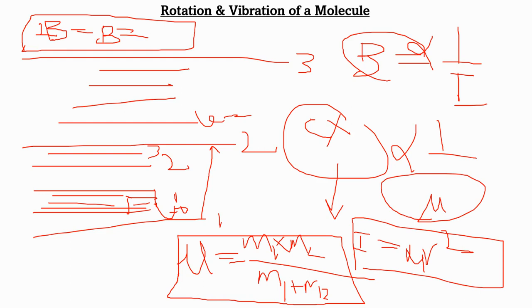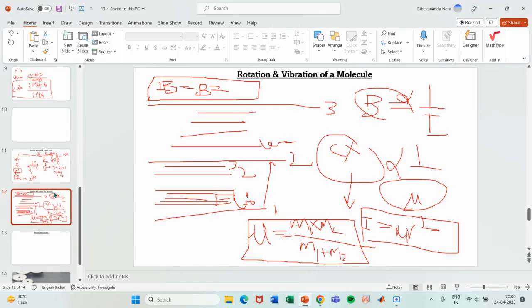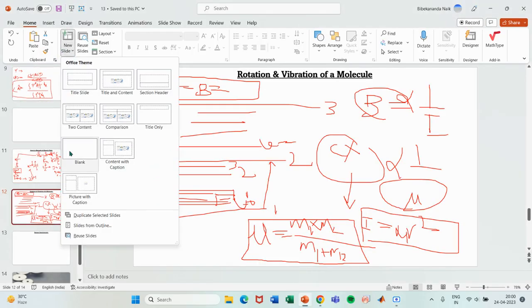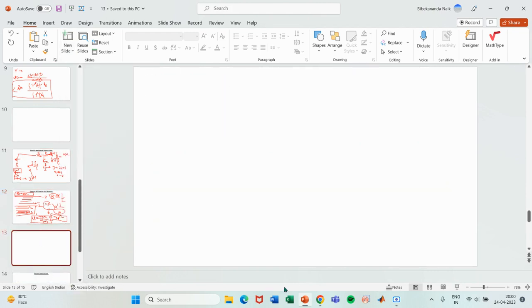Also in the case of the non-rigid rotator, we found that the spectral lines were unequally spaced, as well as the energy levels. After the rotational spectra, we discussed vibrational spectra. Like in rotational spectra we discussed the rigid rotator, in vibrational spectra we discuss the simple harmonic oscillator, and the energy levels are given by,